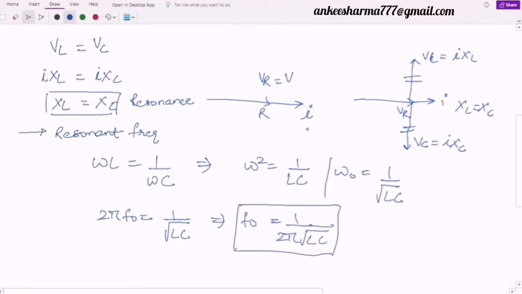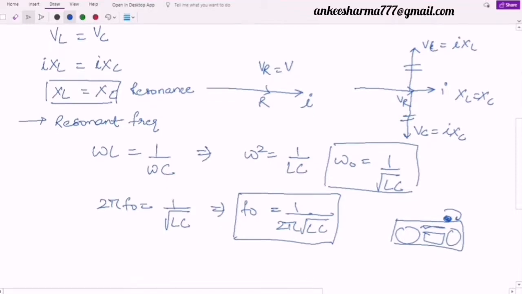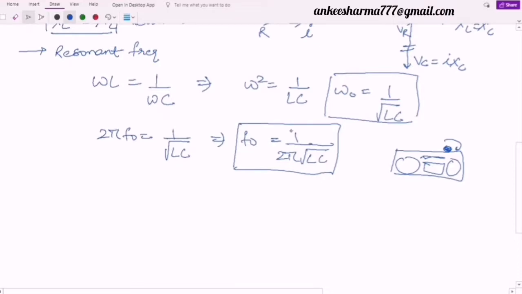It means this is the frequency at which my signal will be received in the case of my radio. Now, what is going to happen if I see a radio? Two speakers are there, and on the top there is a knob. This is that knob. By just rotating this knob, we can adjust to different frequencies. So what is actually happening? If we look at this resonant frequency concept, it is equal to 1 by 2 pi root of L and C. Now 2 pi is constant, L and C are variable. But in most of the circuits, we only change this capacitance value. Inductor is kept constant.